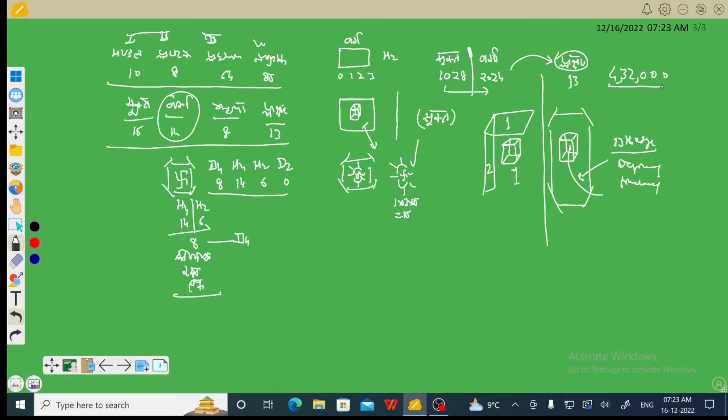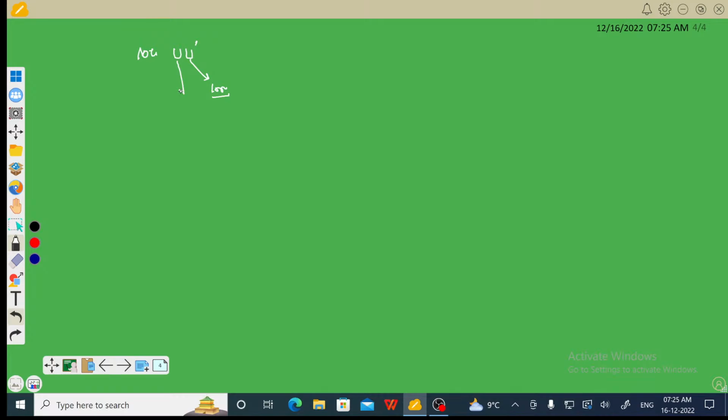Let us see now that we have to cover 104 double units. The first unit was 1000 as a number, and here it was 8 as a number. So 104